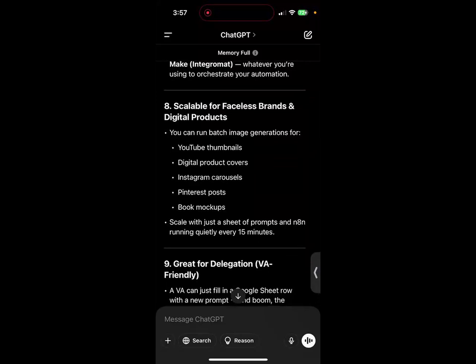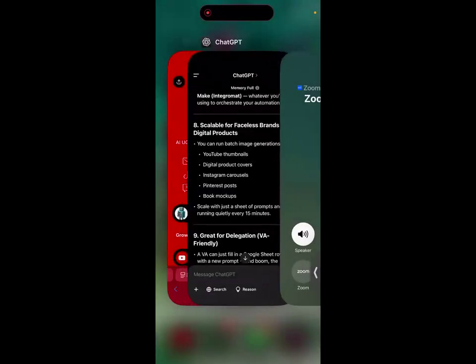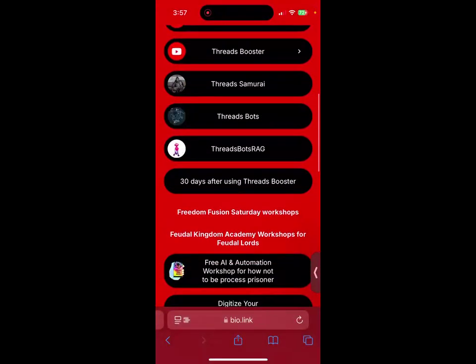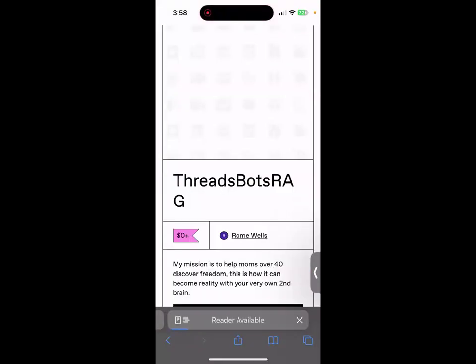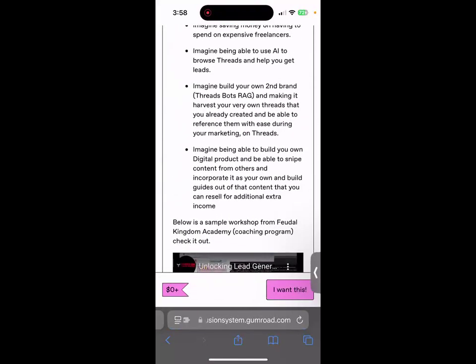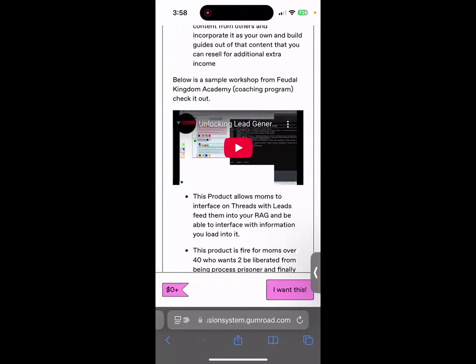Now, keep something in mind, your biggest problem is not necessarily generating thumbnails. Your biggest problem is engagement with leads. And this is why I addressed that problem with another product called ThreadsBots RAG. ThreadsBots RAG is another thing that you could get access to. Think of it like your browserless browser on your computer, like your AI just controlling your computer and finding leads, generating all sorts of lead profiling,